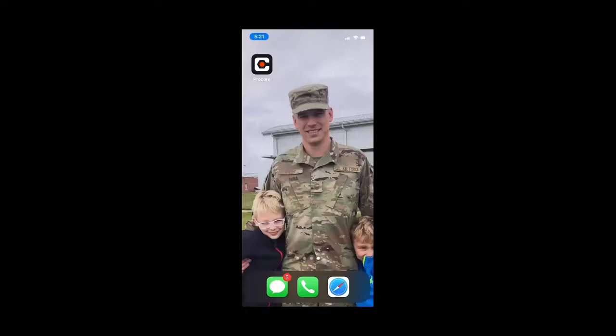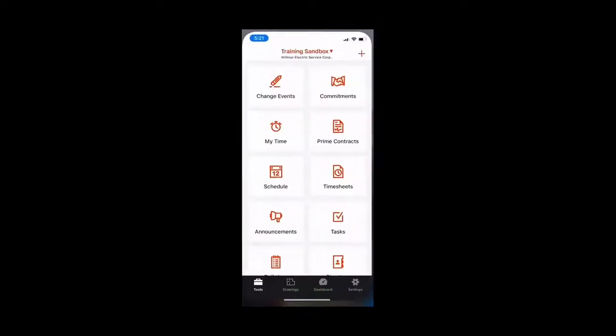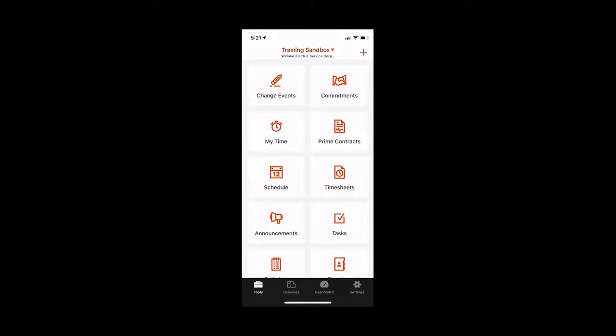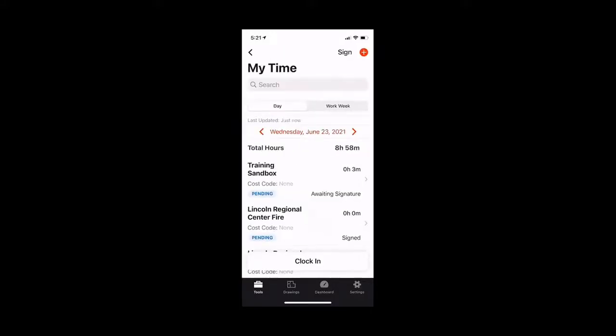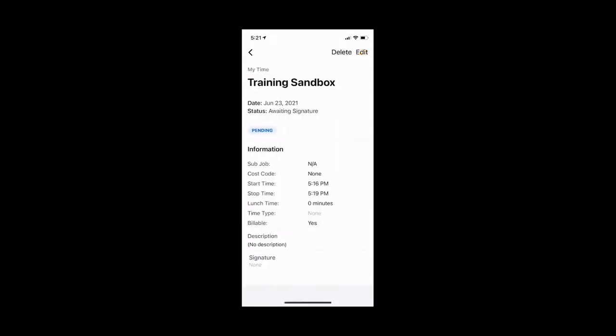Hello, today I'm going to show you how to review your time clock and edit it if you have any corrections that need to be made. I will go into my Procore mobile application and I will go into my MyTime tool. For this demonstration, I'm using the very first line that says Training Sandbox, where I've clocked in for 3 minutes. I will click on that set of information, and as you can see, I must have forgotten to clock in